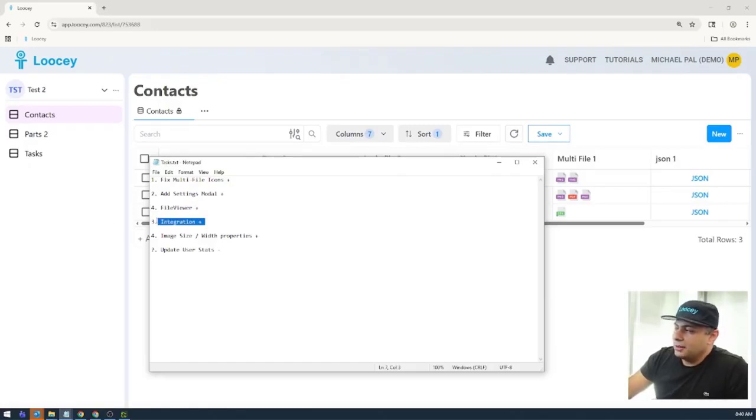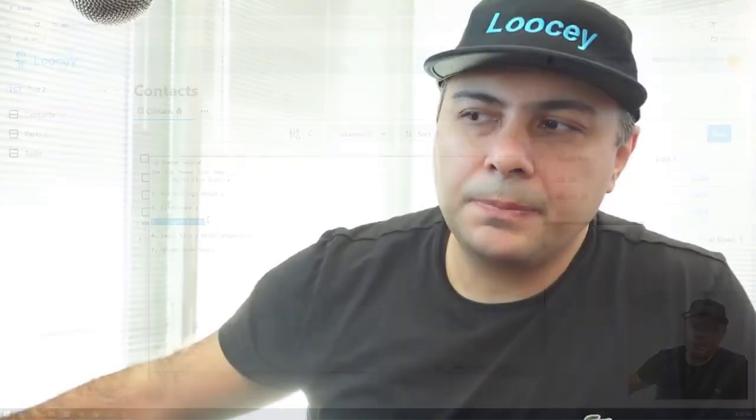And then integration, which I always underestimate, because the way Loocey is designed, it's really module driven. Each module is almost like a microservice with all of the dependencies and services built in. Each module should work independently, decoupled. Of course, it has some coupling still, but for the most part, it should work on its own. So usually integrations don't go too badly, but